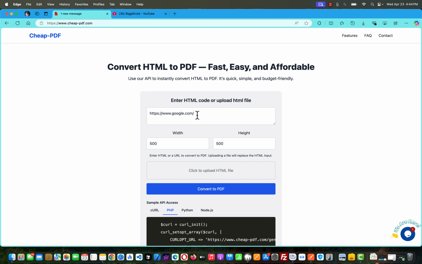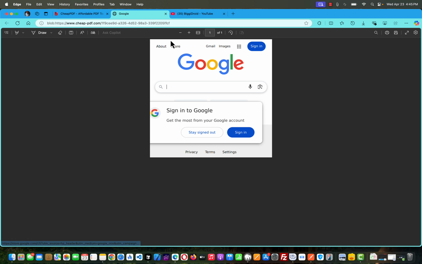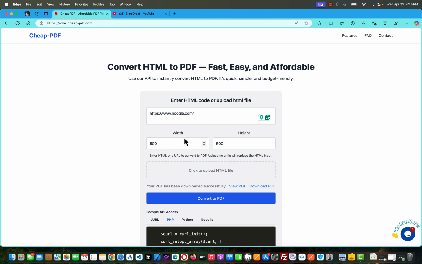I'm going to try with google.com. I'm going to click on convert to PDF, and it's going to process the conversion. And once it's converted, it's going to be generated as PDF. As you can see, this is the PDF that was triggered,